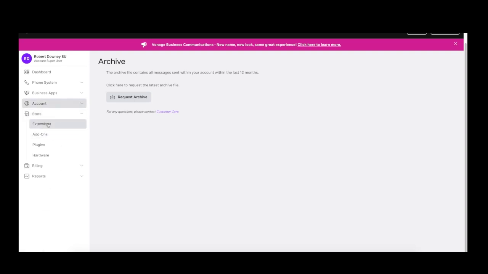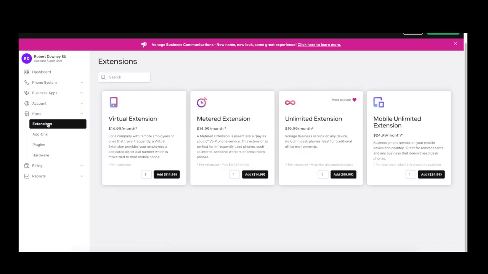Your store allows you to go into the system and purchase things on the fly. Again, this is a self-service portal, so if you need to buy additional extensions, you can do so directly from inside the administrative window and quickly deploy your new users. However, the only piece that is not instantaneous is hardware. If you need to order hardware for an extension, you can still deploy that user in the soft phone configuration on their desktop or mobile device while you are waiting for the physical hardware to show up.